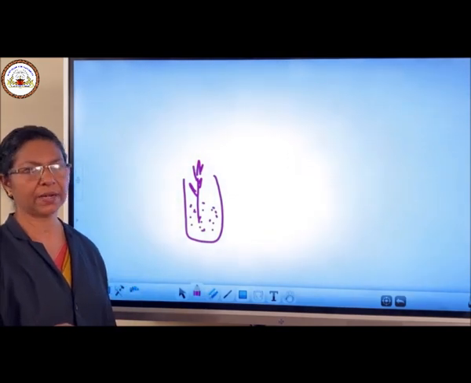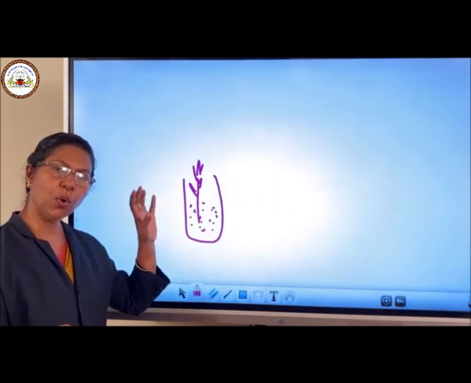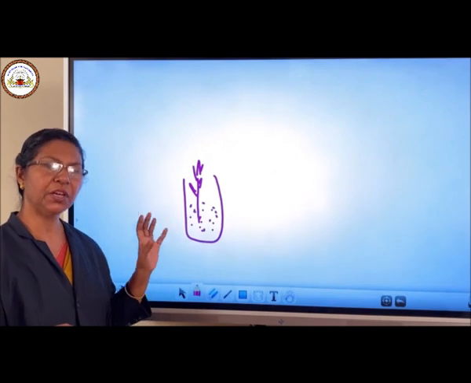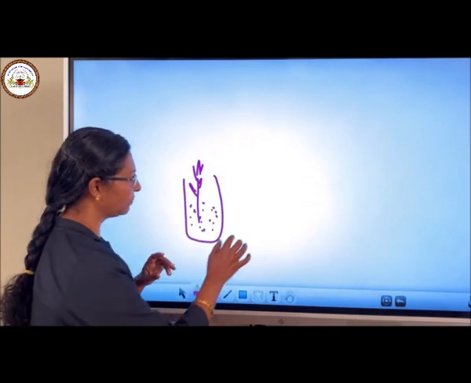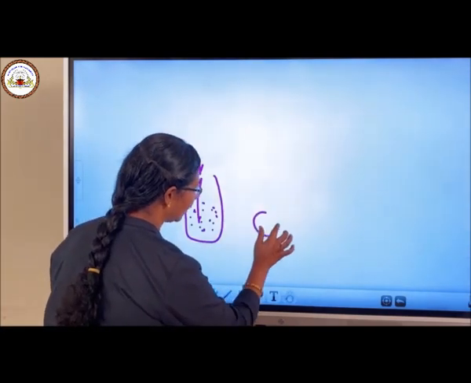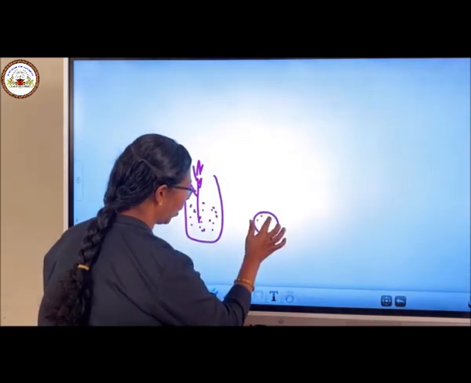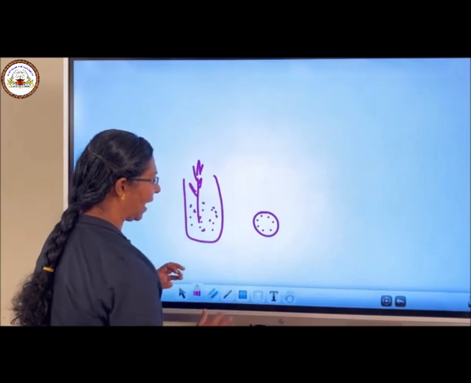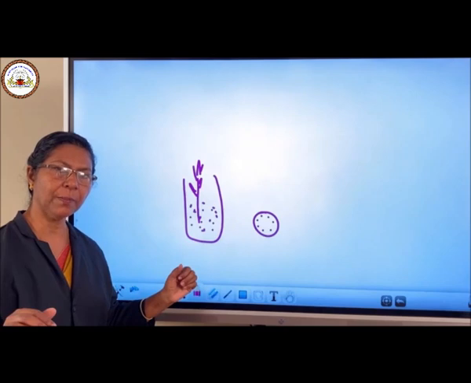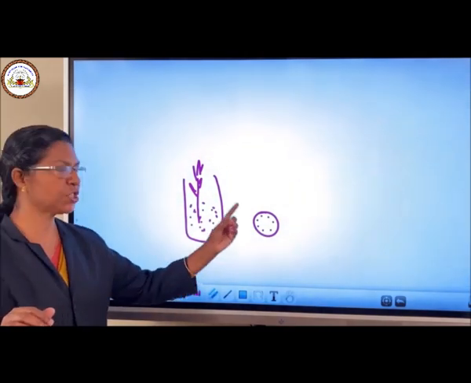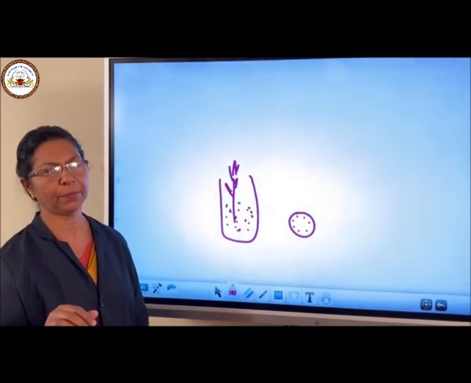How the plant becomes red? Because the stem conducts water to all the parts of the plant body. That is why it is changed into red color. Now we have to cut a portion of the stem, and when we are observing that, we can see some dot-like structures, and these are the tubes which transmit the water from stem to other parts of the plant. So through these tubes, the water reaches different parts of the plant body.